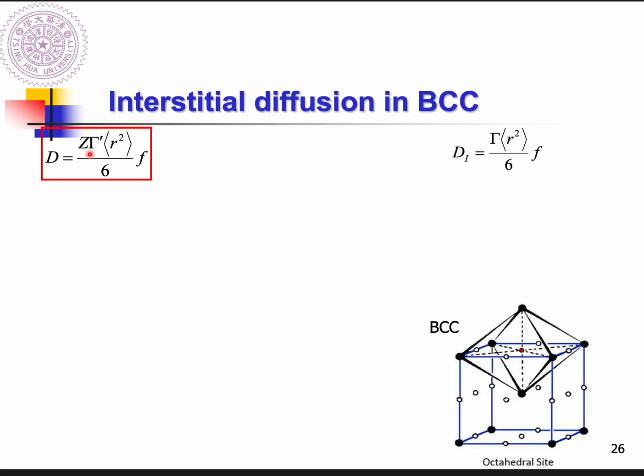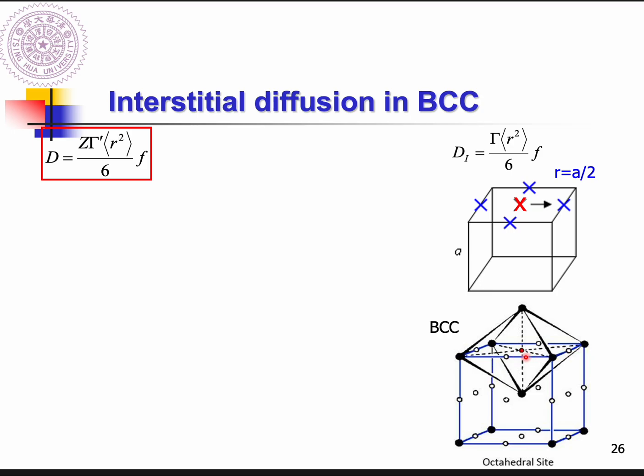So we need to figure out what z is, what the small r jump distance is, and also f. In order to simplify these structures, we draw these figures to show you how to determine z, the coordination number. If we focus on this plane,